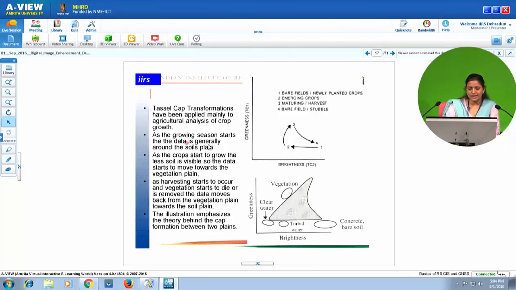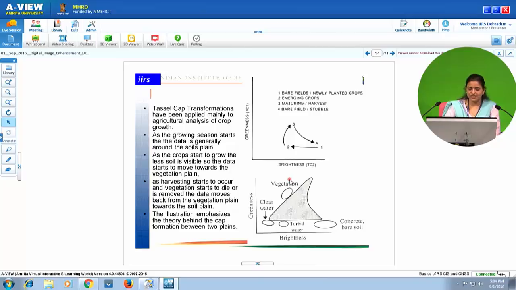So you can see here, as the growing season starts, the data is generally around the soil plane. As the crops start to grow, less soil is visible, so the data starts to move towards the vegetation plane. As harvesting starts to occur and vegetation starts to die or is removed, the data moves back from the vegetation plane towards the soil plane.